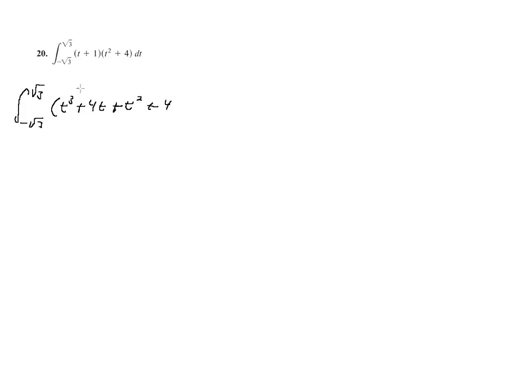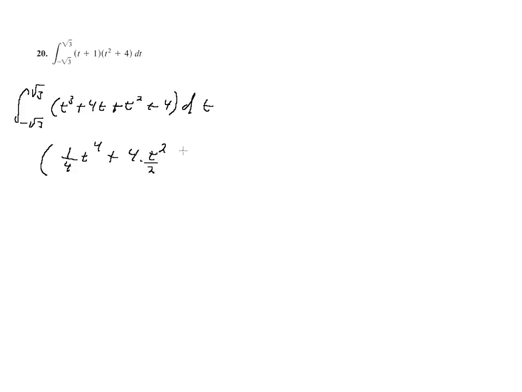I don't really care about it being in descending order at this point. I'm just going to integrate. So I have the function whose derivative is t cubed is 1 over 4 t to the 4th, or if you prefer, up by power 1 over the new power, plus the function whose derivative is 4t is 4 times t squared over 2, and that'll simplify,